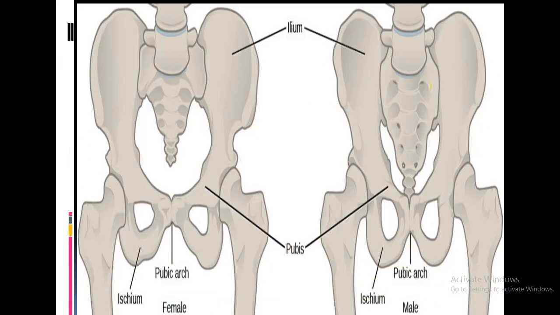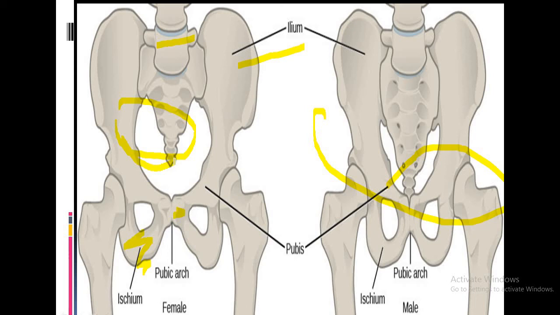Now this is the pelvic girdle. Again it forms a ring-like structure here and here, so that is why it is a girdle. It is pelvic because it is present in the lower part. It is made up of 3 bones, that is the ilium, the ischium, and the pubis. You can observe a difference in the diameter of the